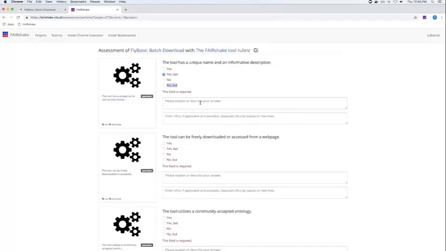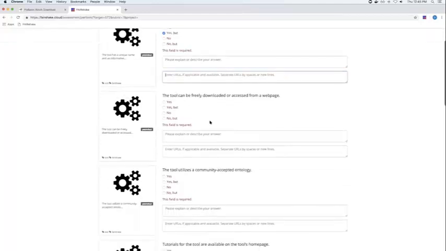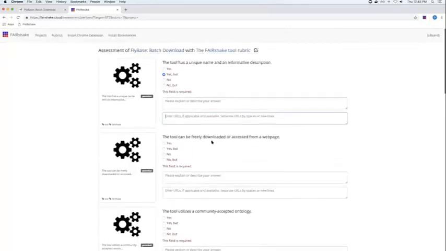So if you do yes but, it really means that yes, they have an informative description, but perhaps it's not quite as informative as it could be, or the name is not quite as unique as it could be. And wherever applicable, you can add URLs that show perhaps where you found the information that you answered.